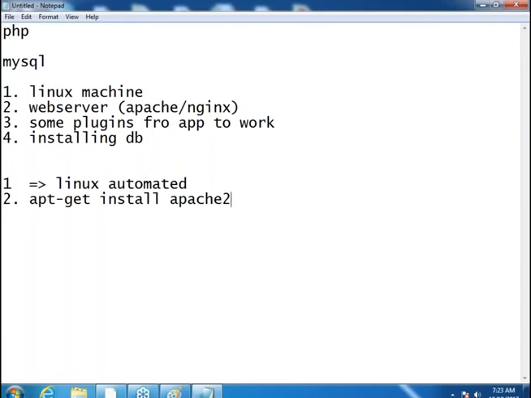And the third one is, if you require some plugins, you would do something like apt-get install and some more plugins, whatever their names are. Wonderful, right? And probably next is the MySQL installation. Even for that, you would have apt-get install mysql-server, or there are many other ways of installing it. This is our activity.